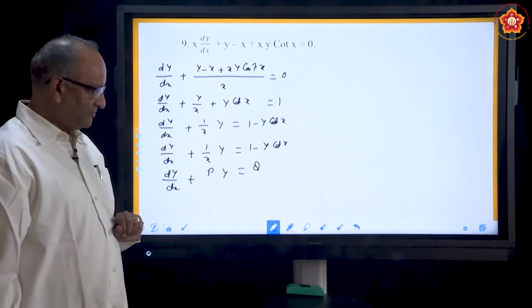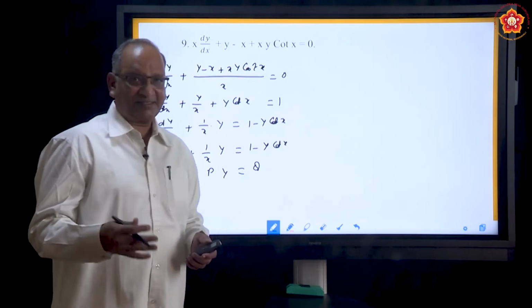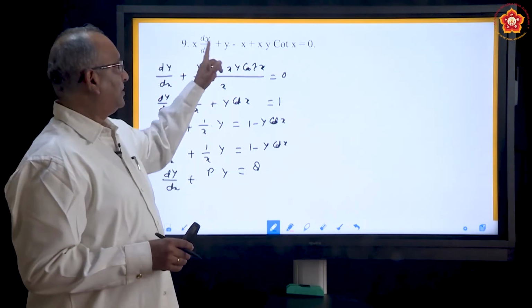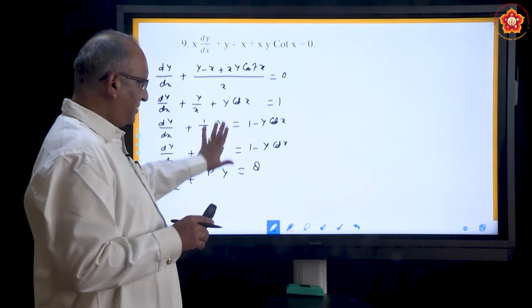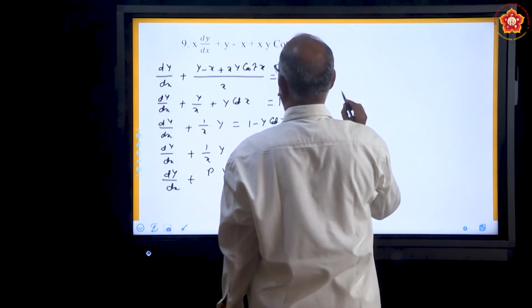If it is not satisfying this standard equation, you can think about another type. What is the other type of equation? Remember, in this exercise, for the first time we are coming across such a situation. So, let this equation be as it is, let us solve this from the other perspective. So, how do you do it?